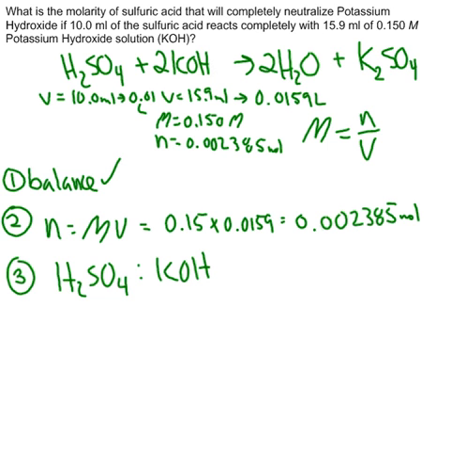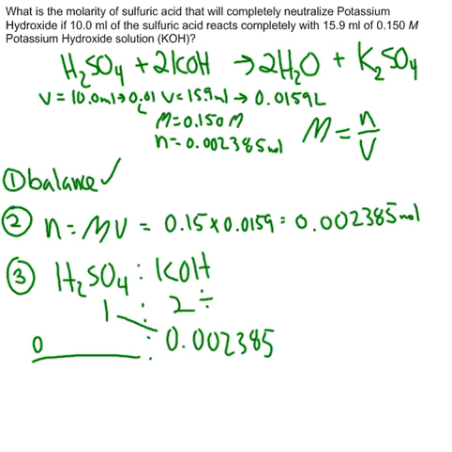If we set up that ratio, it's a 1 to 2 ratio when we look at the balanced equation coefficients. And we're looking for the H2SO4. So if I multiply by 1 and divide by 2, I get 0.001193